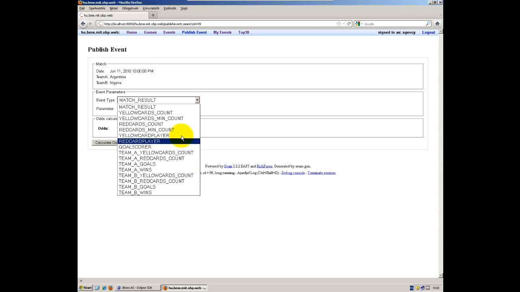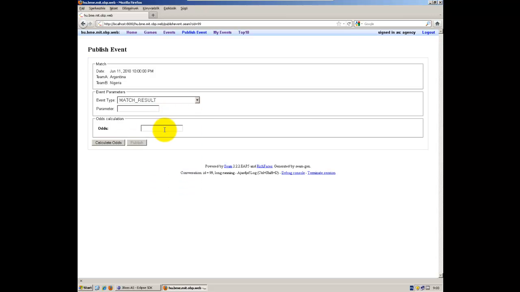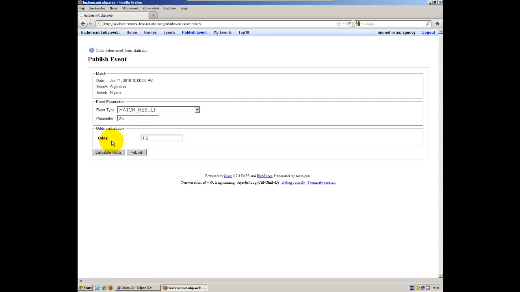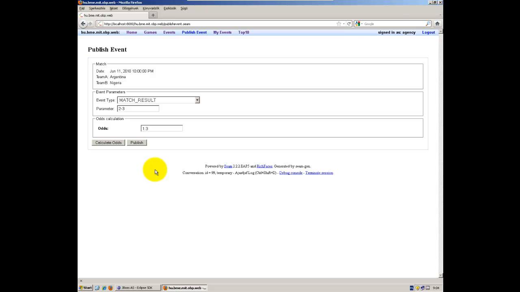Let's say it should be a match result with a parameter of 2-3, and I can use the Calculate Odds button to make a calculation based on the statistics available from the footballpool.dataaccess.eu web service. I get 1.2, so I can keep it, or if I wanted, I could override this with a new value. So I just hit the Publish button,